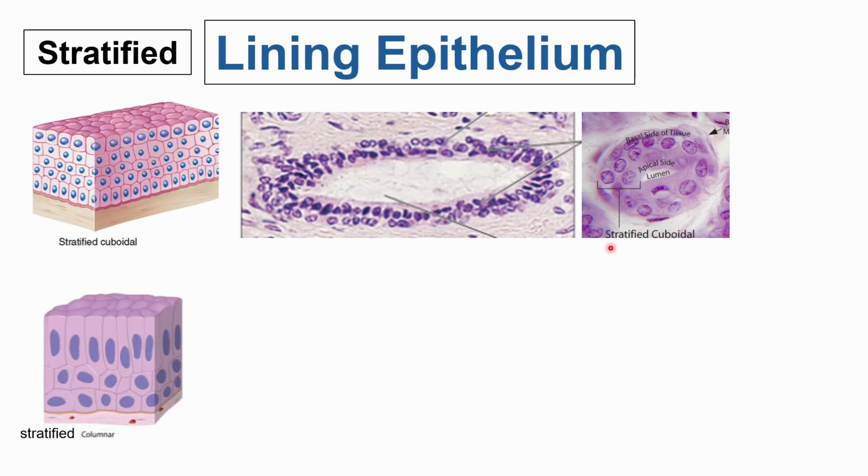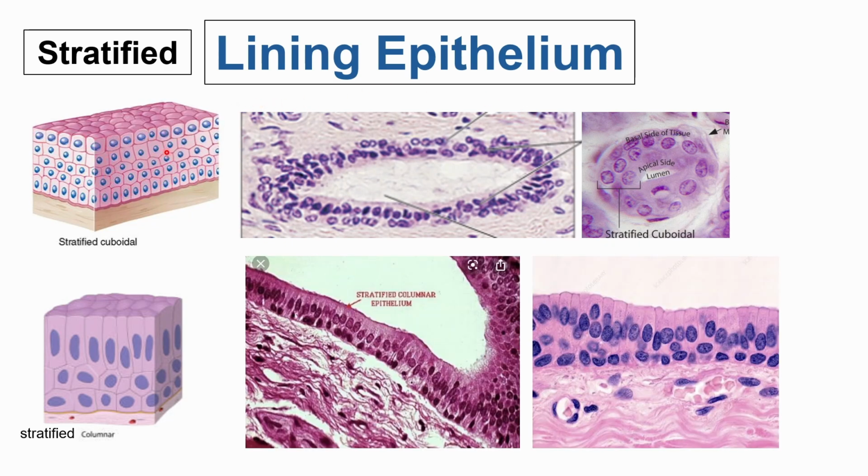Stratified columnar usually is just until two layers. So yeah, cuboidal and columnar are both usually seen in larger ducts of glands, no? Usually, they are there because the larger the structure that you have to line, the more rigid it has to be, so the thicker the barrier epithelium needs to be. Okay?